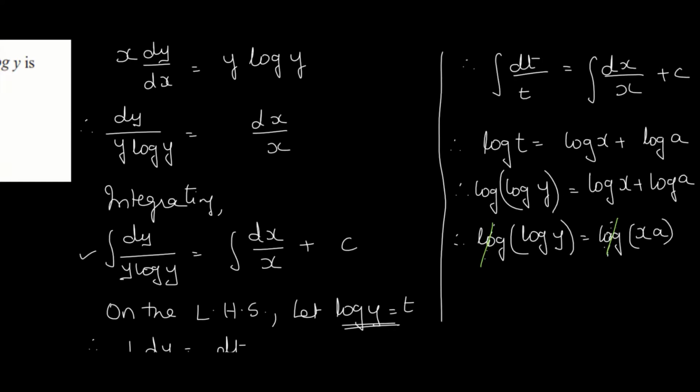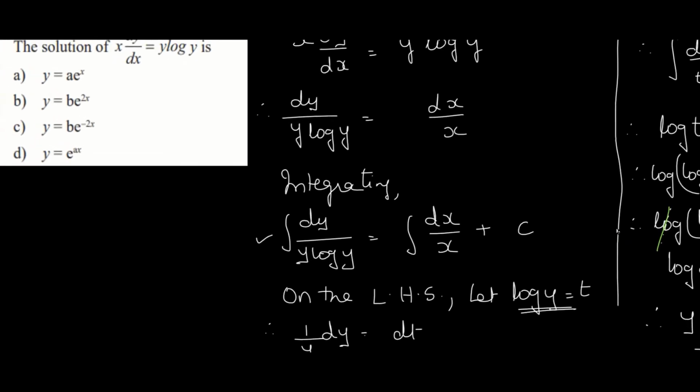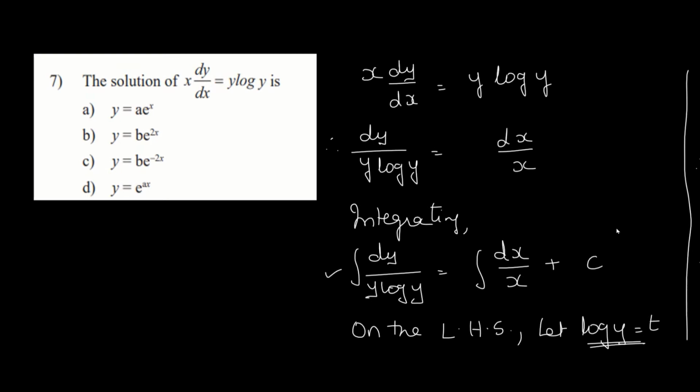And therefore, we are going to get log y is equal to xa. Now, as we have explained to you earlier also, when we send a log from LHS to RHS, it becomes an exponential. So therefore, we have y is equal to e raised to ax. And this becomes the answer. Study the sum properly. It's easy enough. So the option from here is D actually, where D becomes y is equal to e raised to ax.